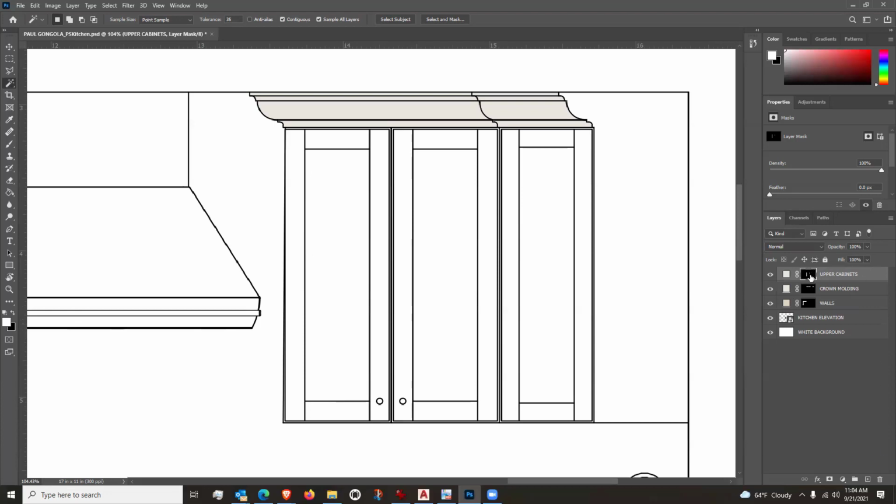So I'm selecting the mask. So I'm on the upper cabinets layer and I'm selecting the mask. And I know that I have the mask selected because there's a little white box around the mask. Notice the white box is now around my swatch, not what I want. I want it around the mask. Okay, so now I'm going to go around and I'm going to select those areas just with my magic wand